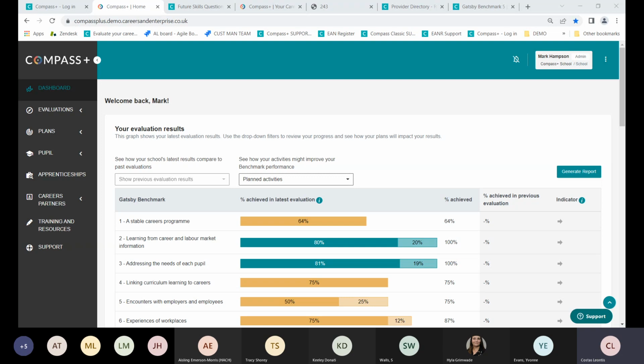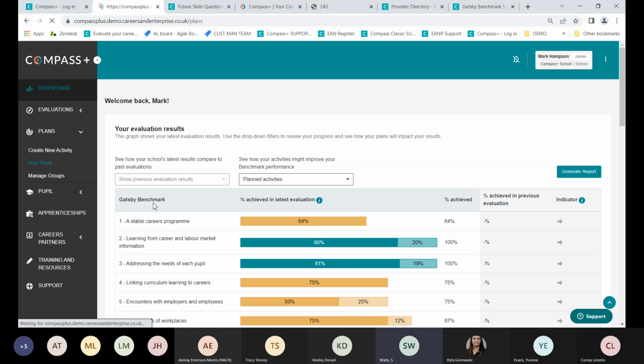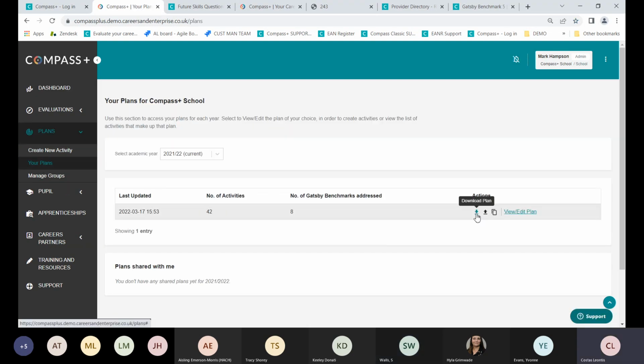One is, if I quickly show you, go into your plans. Okay. So download your plan. Yeah. Now that downloads a CSV file. That will show you what year groups or what form groups were involved in that activity. So that gives you something. But the other thing is, when's it happening over Easter, you say? Yeah. Okay, let me pick up with our developers to see what we can potentially do is cache the data before that change happens. Because I've literally put on loads of activities today. Yep. Okay. So let's check that. We may be able to